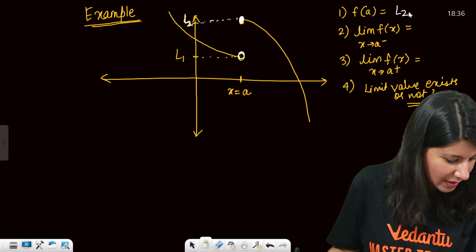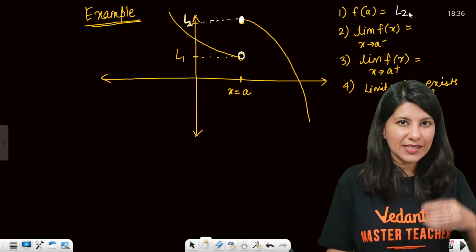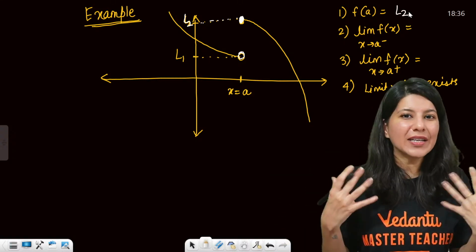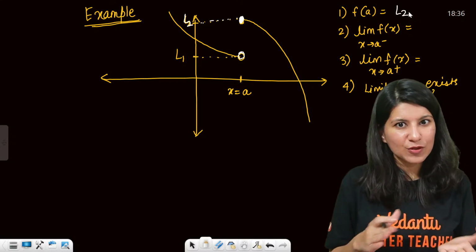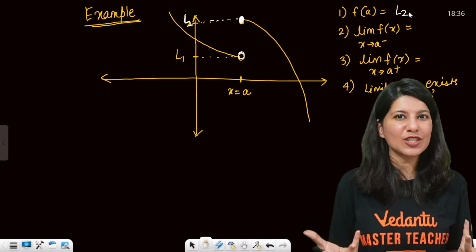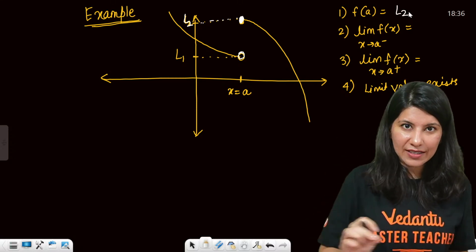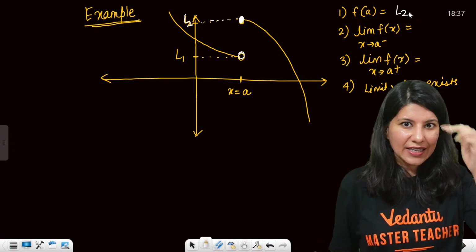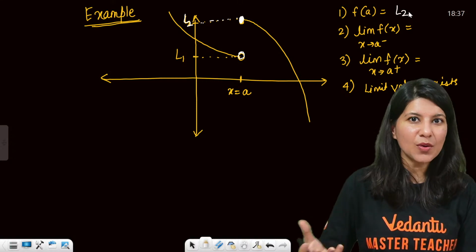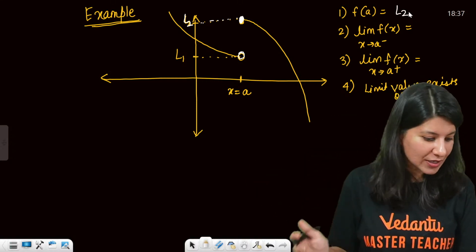Ma'am, should we copy everything that you write? Abhishek, it depends on whether you have the speed to match up, so you can do that. But anyway, I'll be providing a PDF. What you can do is later on watch the recording and note it down. If you just want to focus on understanding, do the calculation, keep a rough pen and paper, let me know, and later on you can make your own notes. You will have the recording as well.